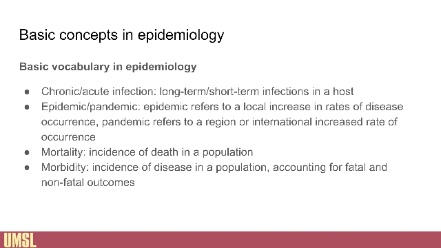I would argue that it gets murky. And so the most classic example in delineating these two things is, if you were to think about influenza, it's not a bacterial pathogen, but a lot of the same principles apply. We'd be talking about an epidemic in the United States, and we'd be talking about a pandemic if we're talking about worldwide increases of